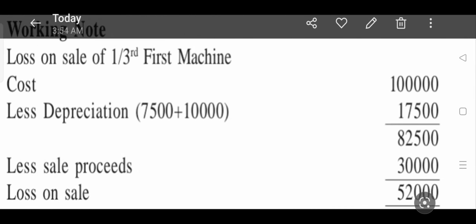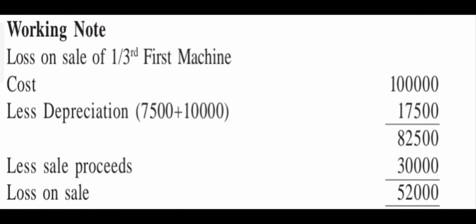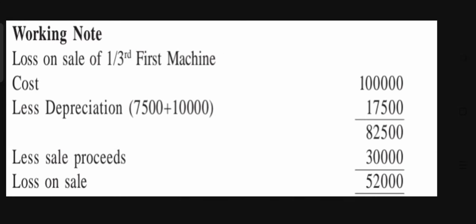Now coming to the next, to find out the profit and loss, we have to see certain notes here. We are actually calculating the depreciation on the original cost method. So here we are finding out whether we are getting a profit or loss on the sale of this machinery. So the actual cost of the one third of the machinery we are selling,